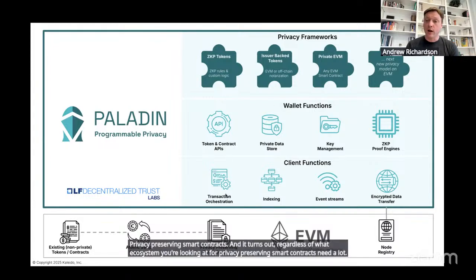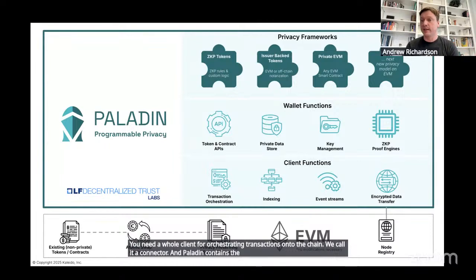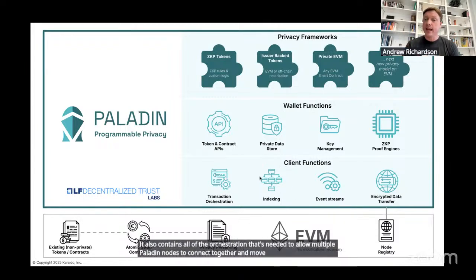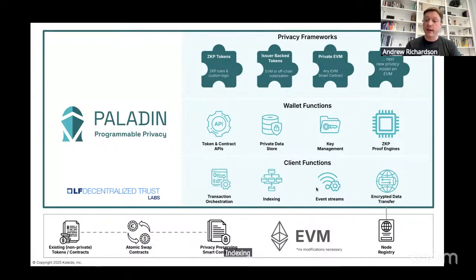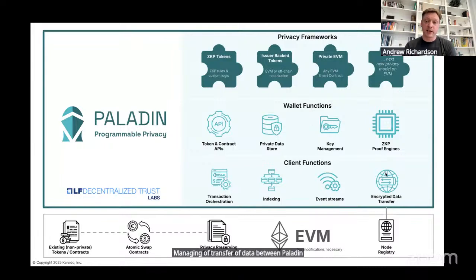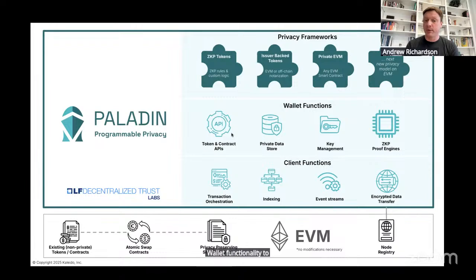You need a whole client for orchestrating transactions onto the chain. We call it a connector, and Paladin contains the latest generation of a connector for EVM. It also contains all of the orchestration that's needed to allow multiple Paladin nodes to connect together and move through transactions. Indexing from the blockchain, event streaming reliably internally within Paladin and to applications, managing of transfer of data between Paladin nodes because this is privacy preserving, wallet functionality, to be able to have APIs for your applications to connect in, to transact, to listen to events,